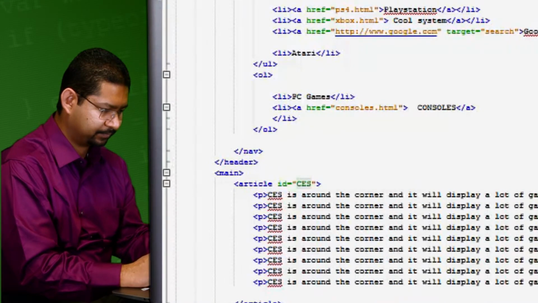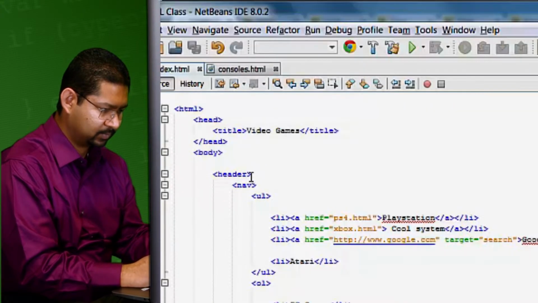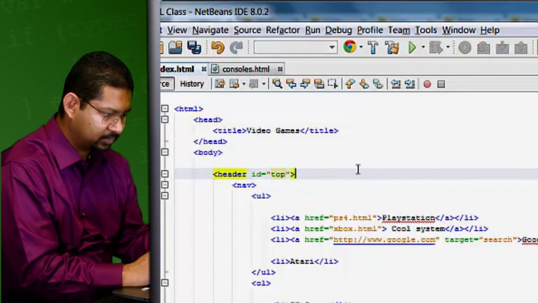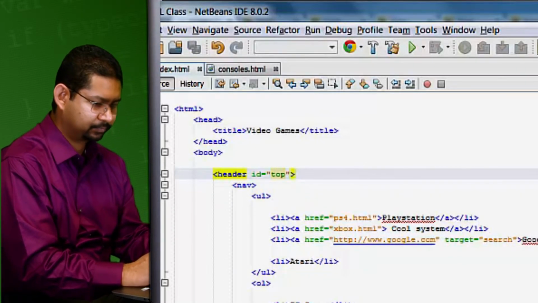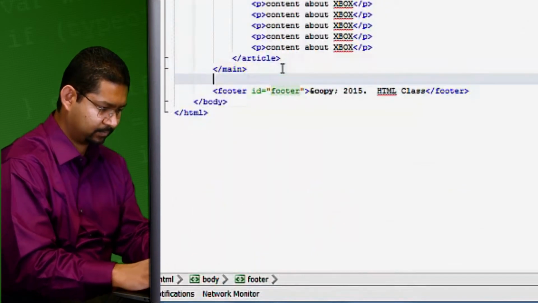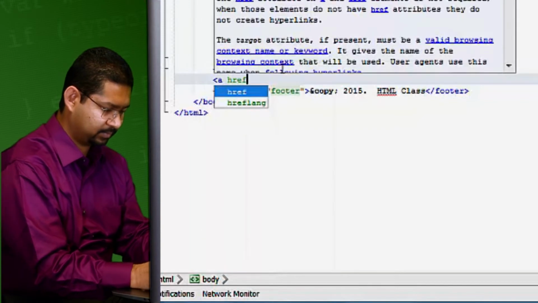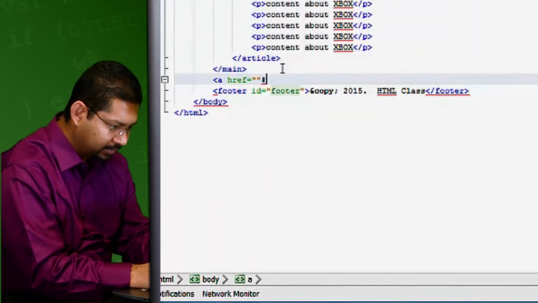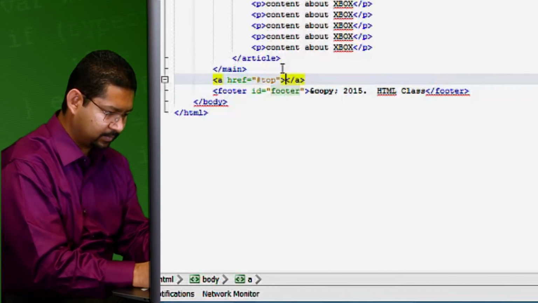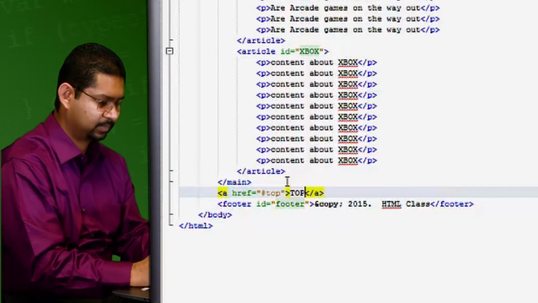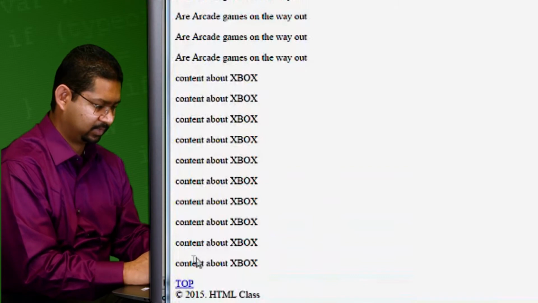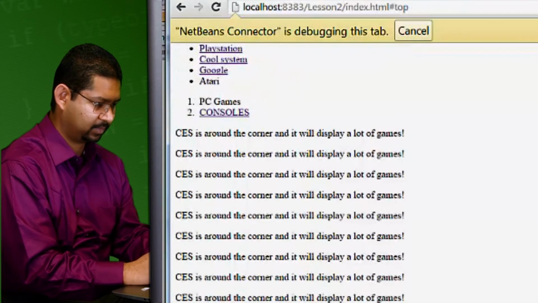Let's see. And we'll change this one. ID equals top. So now I've named these elements. And I'm going to put a link down here. Hashtag top. And I'll call this top. So now when we look at the page, it's a pretty long page now. Scroll down, we have a link that says top, we click it, and look, we went right back to the